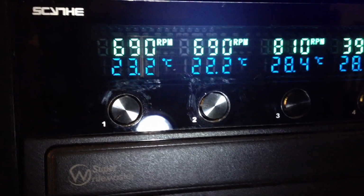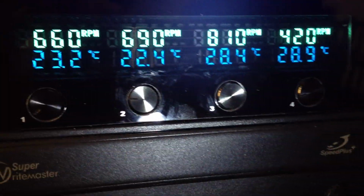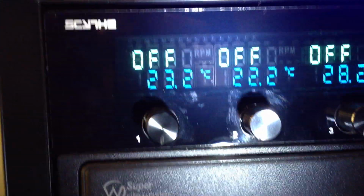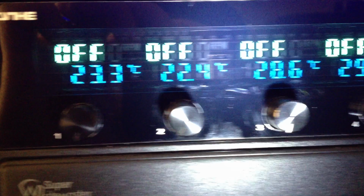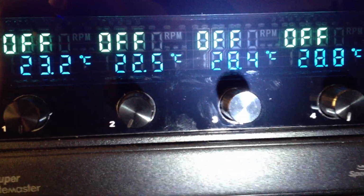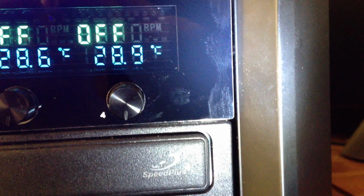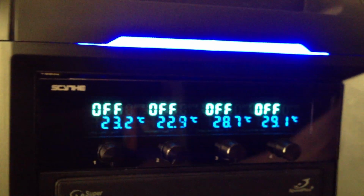This can be kind of difficult. If you want to have all your fans at minimum speed, you have to remember where the position is for each one. They're not all the same, and you can also see this if I just shut them all off a second. You can see that their minimum speed right there is almost all the way down. Next one is slightly left. Next one is a little left, and that one is more towards the downside. So it can be a little bit confusing when you're trying to set them to the utmost,